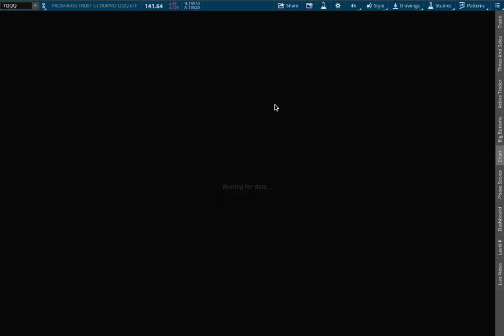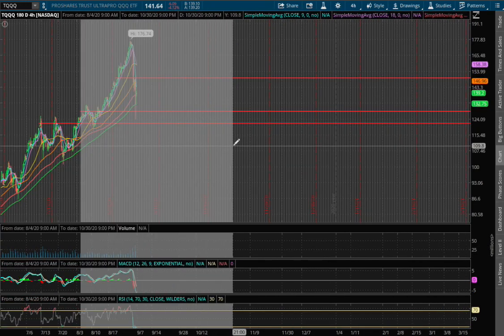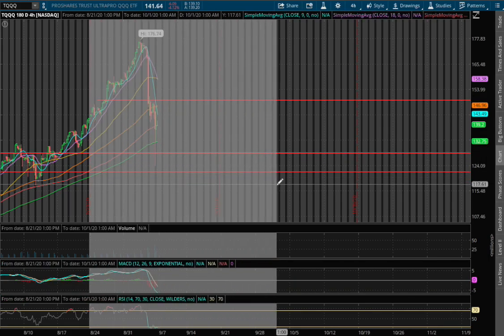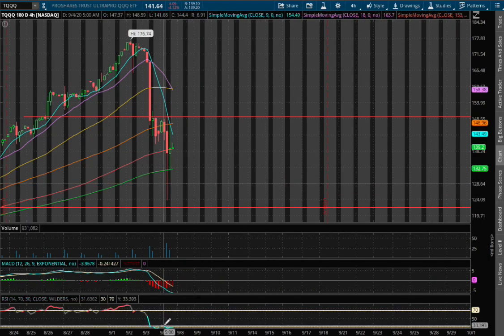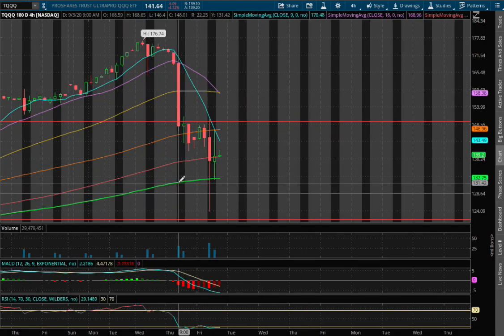As for the 4 hour chart, we are still in negative MACD and still at oversold on the RSI. We did bounce right off the 200 moving average, this green line, at around a price of $132.75. So that is a positive sign that temporarily we found a support,